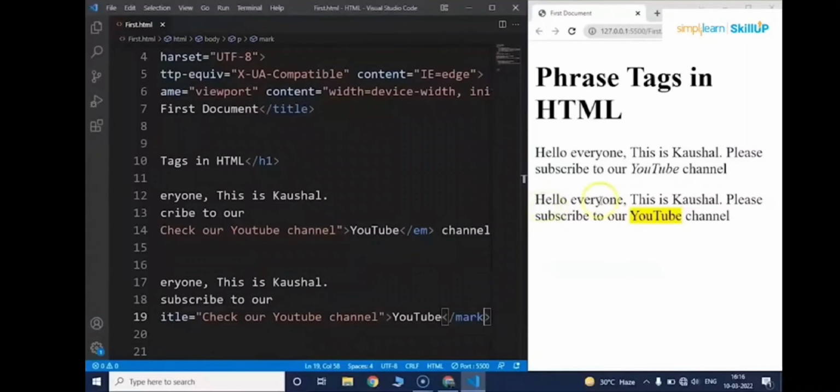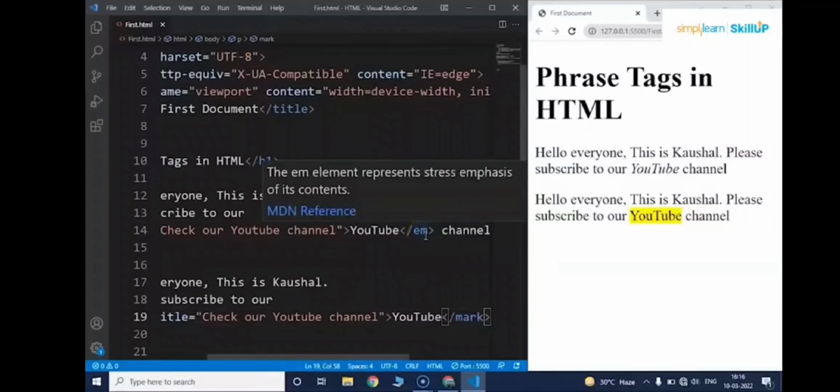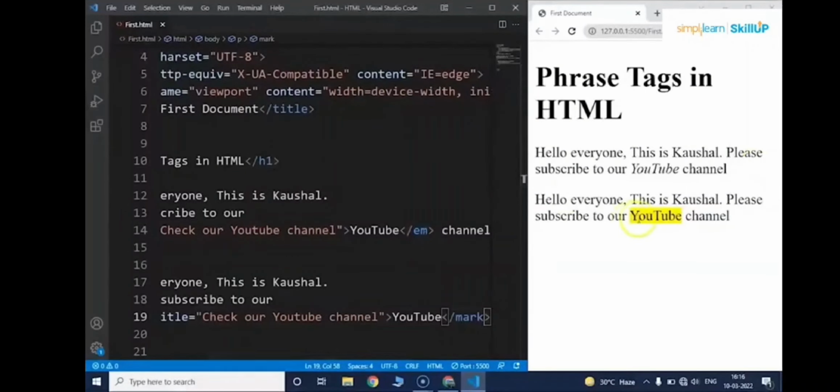And you can see we have another paragraph over here which is exactly the same. It says, hello everyone, this is Kaushal. Please subscribe to our YouTube channel. Now the thing to notice here is the word YouTube. It is highlighted in yellow color, right? So the title attribute will work the same over here as well. If we put our mouse cursor over the word YouTube, you can see we have this pop-up with the same